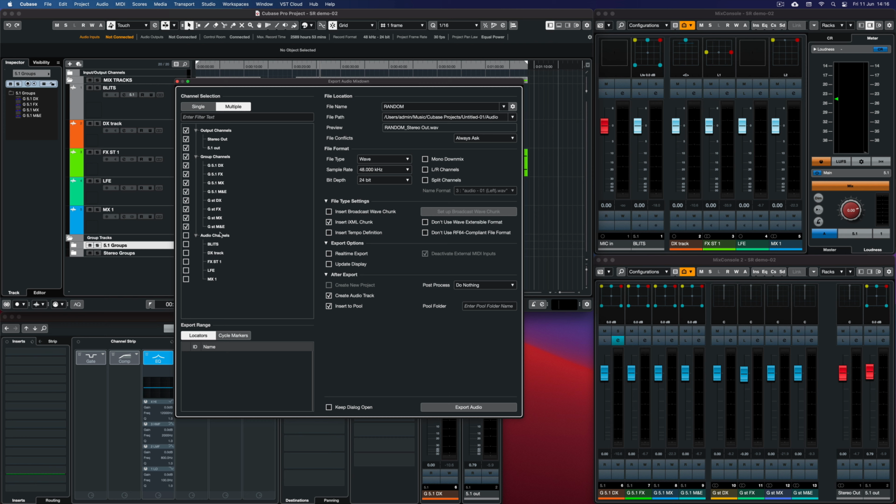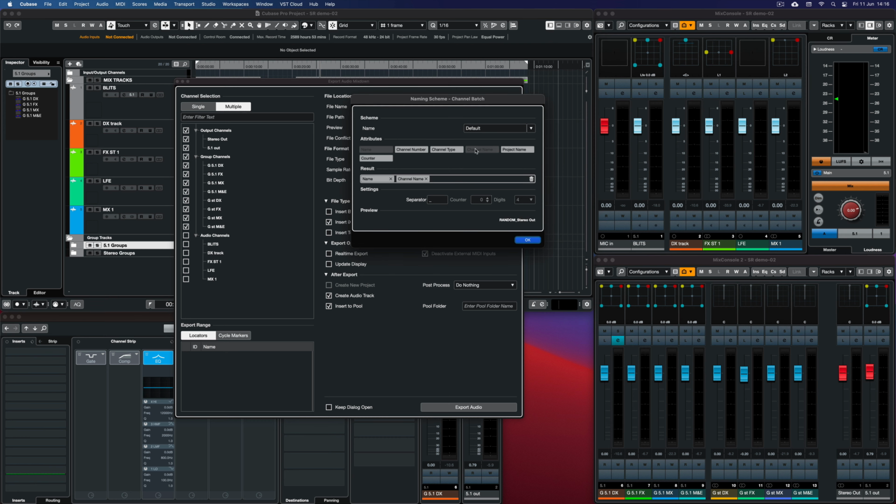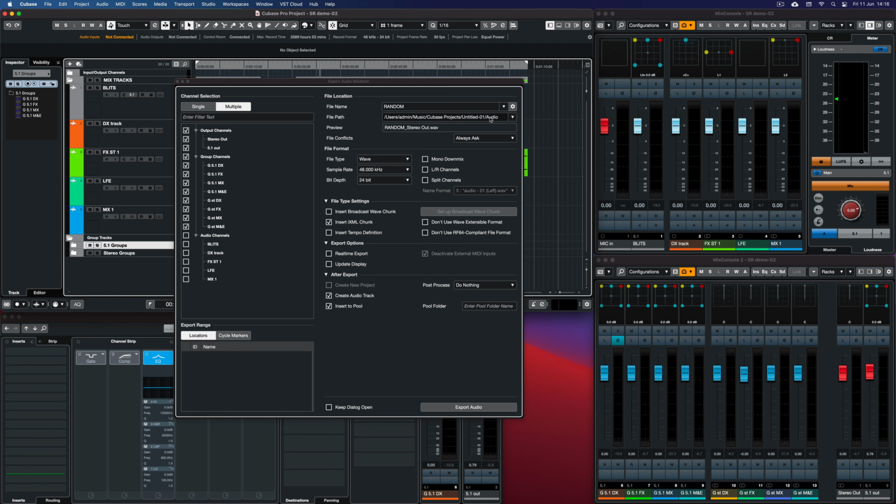I've set up those names, so if you use your batch naming scheme here, you can change stuff and go play with that. And I'm just exporting to my project folder. I've called it random for this random mix. And have a look, when you experiment with this, if you had to do this one by one solo in groups, it would have taken you literally 10 times as long,